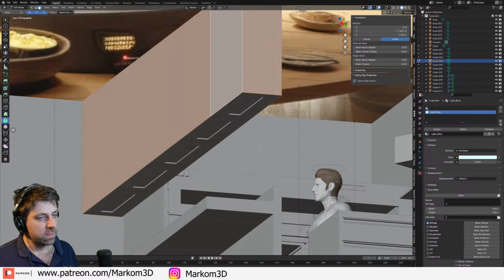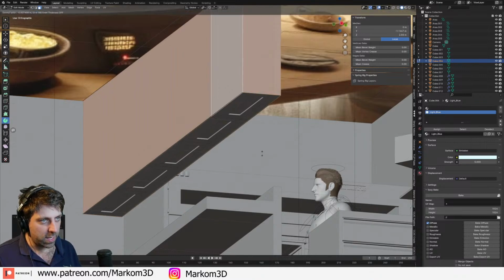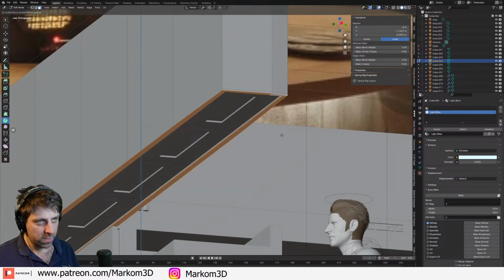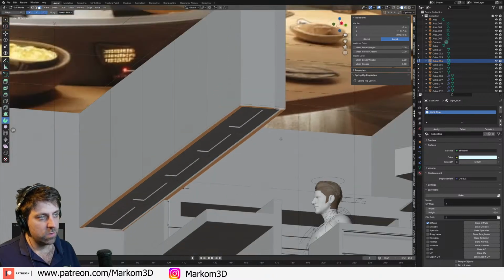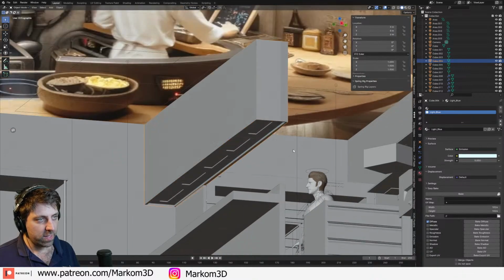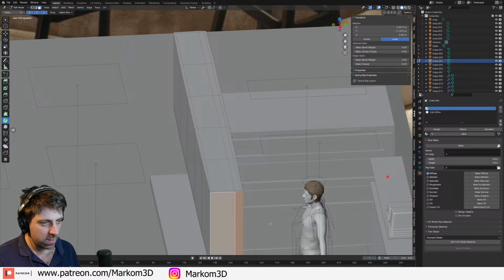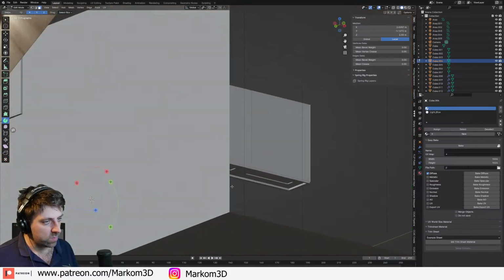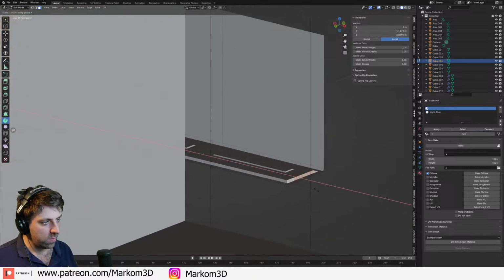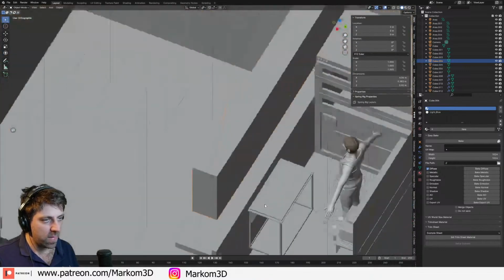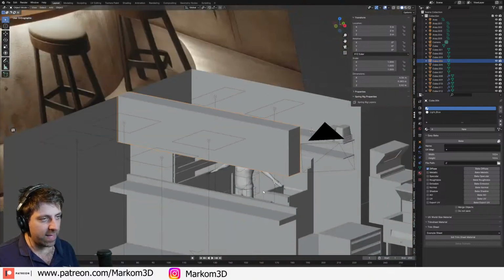Yeah, let's do this. Okay. E, Alt S. And then I'm going to do this. E to extrude, scale Z 0. Just kind of like this little border just there. What the? Hey, what's this? Scale Y, X, 0. And then we'll do it the other way as well. Scale X, 0. Why are you being a jerkosaurus? Ah, that's why. Scale X, 0. Perfect. Perfect. Look at that. That's looking